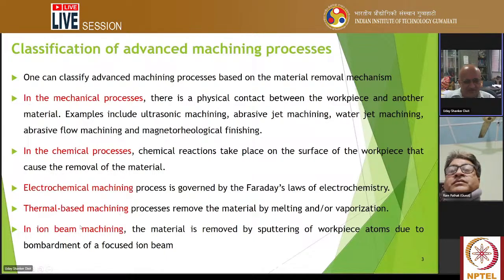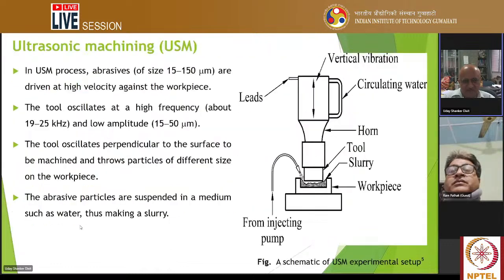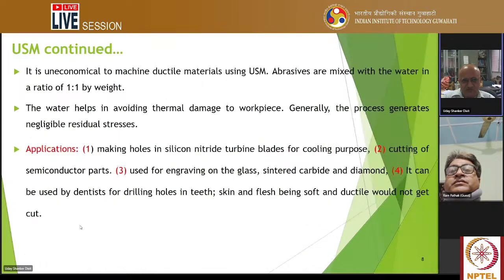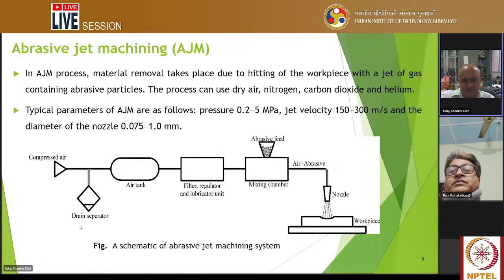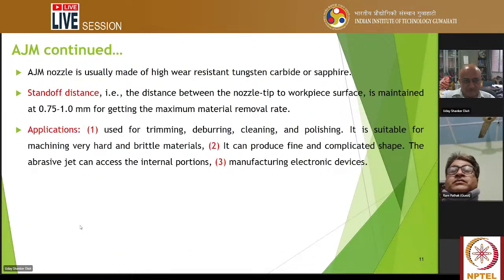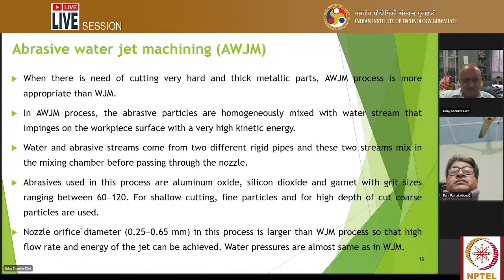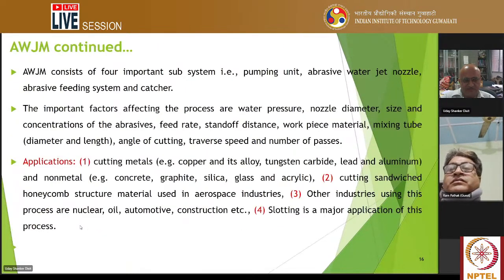They think ion beam machining is like electron beam machining. Electron beam machining is similar to laser beam machining. This is dependent on this one. And so we are just telling that these processes will be covered: ultrasonic machining, then abrasive jet machining, jet of air plus abrasive powder, and then water jet machining, abrasive water jet machining,